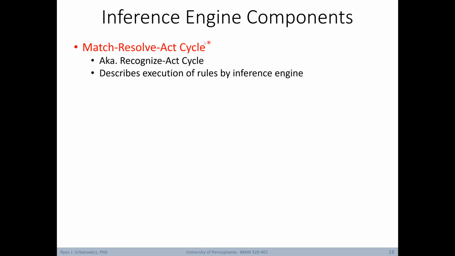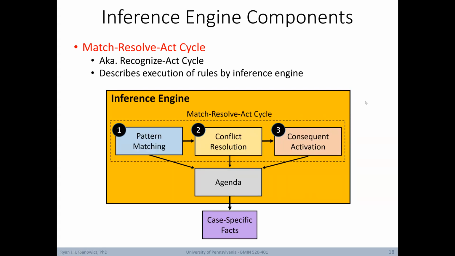Typically, the inference engine follows what we'd call a match, resolve, act cycle, although it's also referred to as a recognize act cycle. This cycle describes the execution of rules by an inference engine. Here's an illustration of that cycle. It includes pattern matching, followed by conflict resolution, and finally, consequent activation. The steps of what to do next are stored on an agenda. And depending on the type of inference we're doing, the inference engine might output new case-specific facts that get added